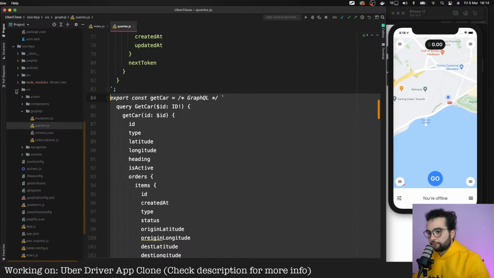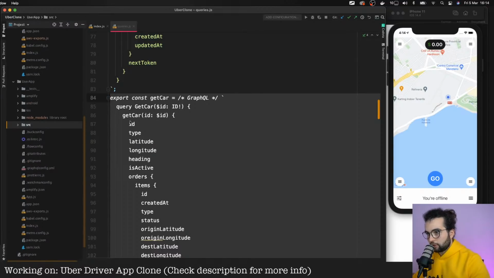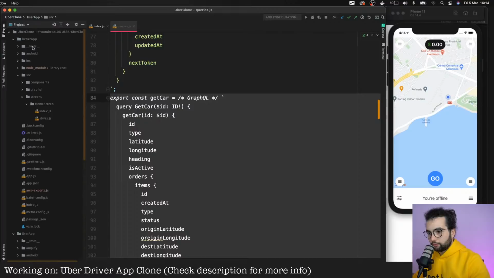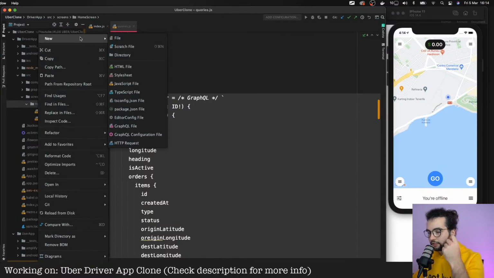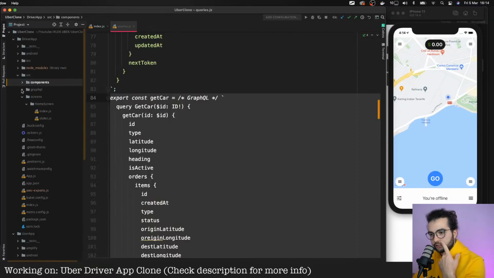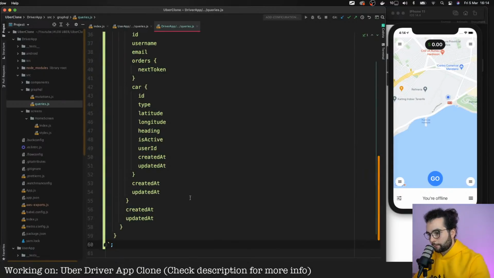All right, let's do it like this. I'm going to copy the getCar query from our user app. I'm going to move to the home screen and put it here, or no, let's put it in our GraphQL queries to keep them all in the same place.